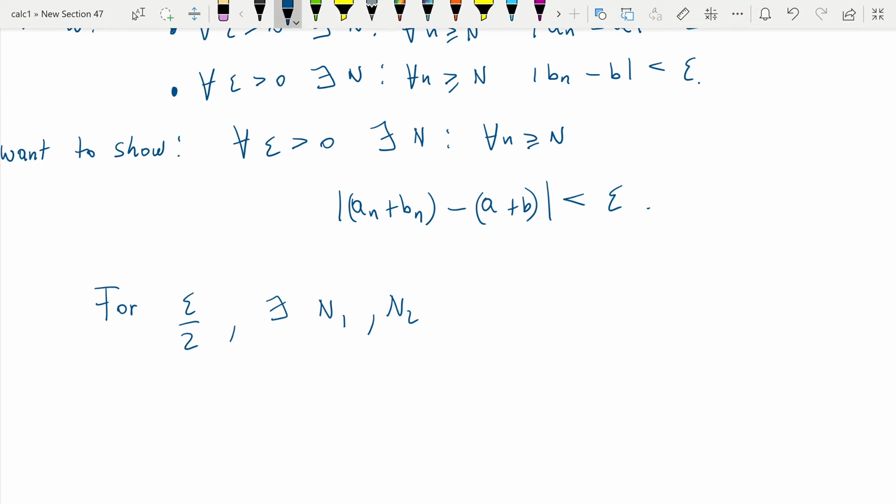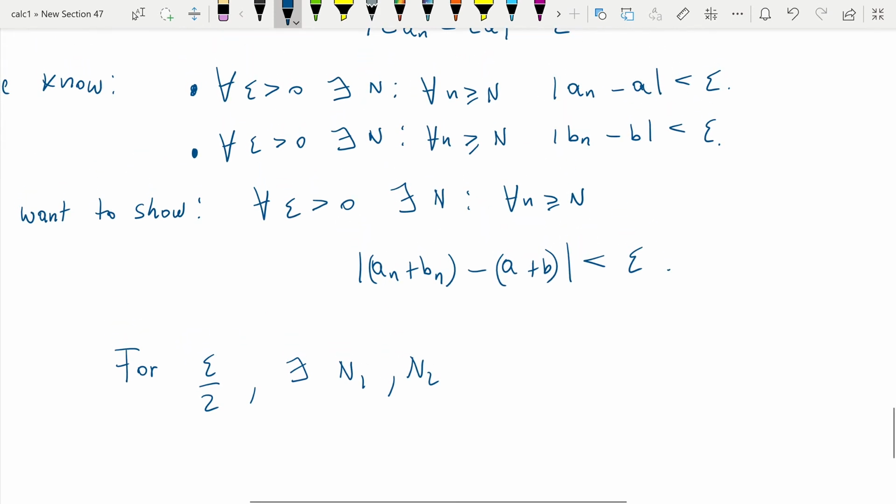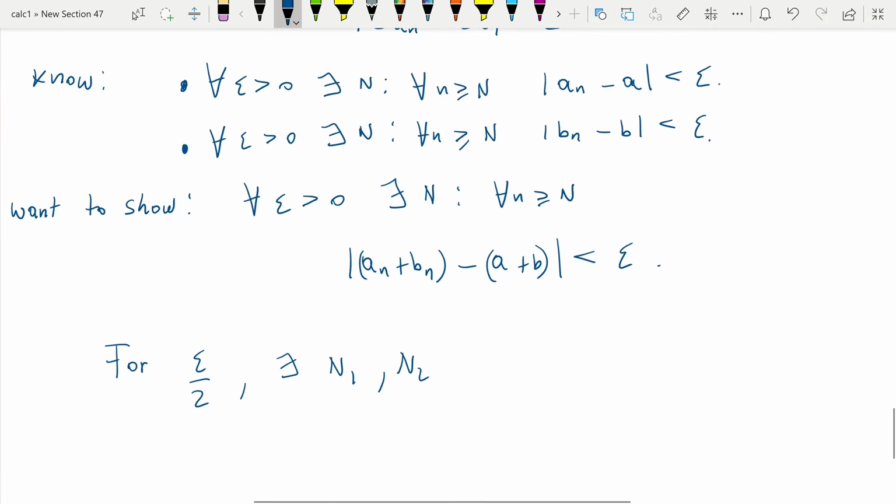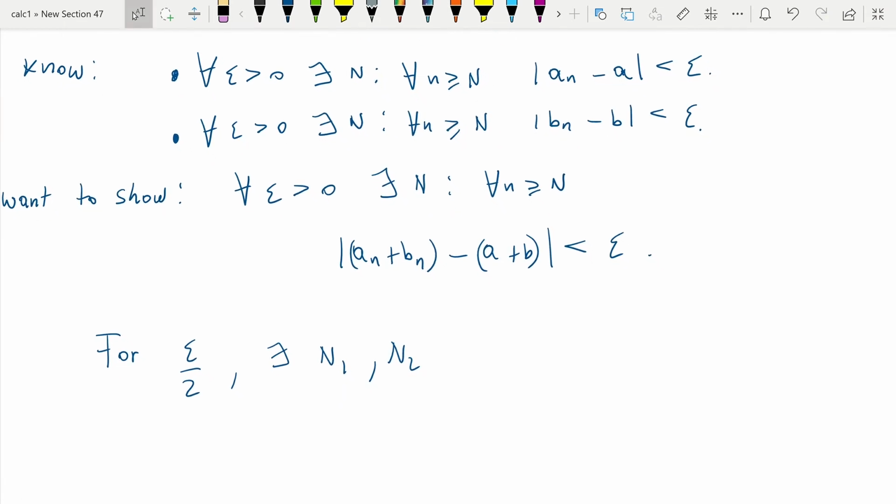If a sequence converges faster than another sequence, its N can typically be taken to be smaller than the other one. If something converges fast, with a few elements in the sequence you'll be very close to the actual limit. So fast convergence means that these capital N's can be taken to be smaller. If it converges slowly, on the other hand, then you can typically expect N to be very large for small values of epsilon. In our case you have N1 and N2, one corresponding to one sequence and the other to the other sequence,